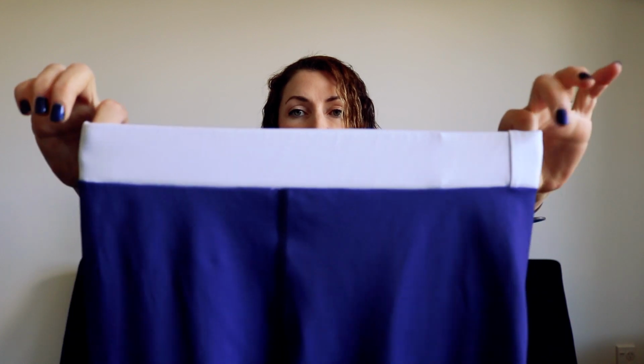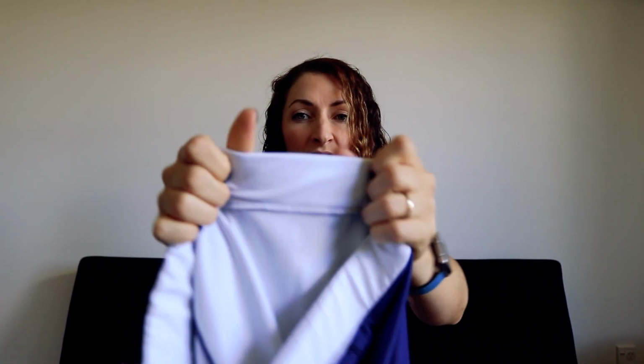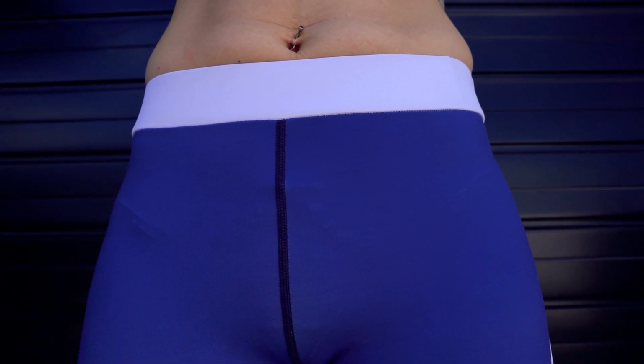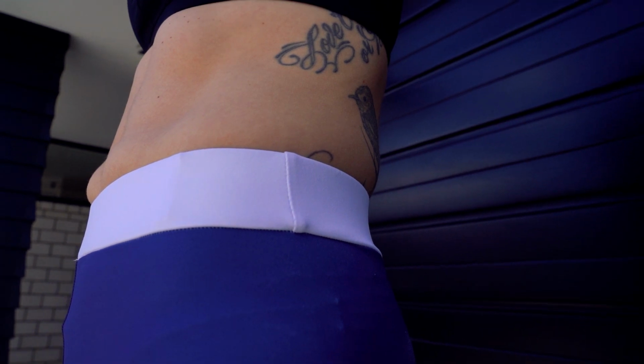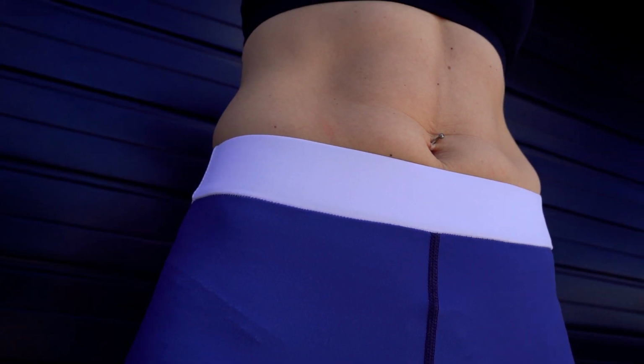Now I'm going to move on to some cons about these tights. So we'll start off with the navy stripe tight. One thing that I'm not a big fan with these ones is the waistline. So you can see this is a really thin waistline. It's a really thick elastic, and I find that it does cut into my stomach quite a bit. It does create lots of unsightly fat rolls on top of it, and I'm really not a fat person, so